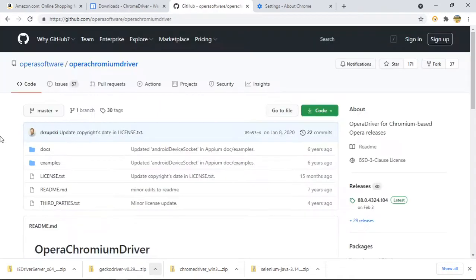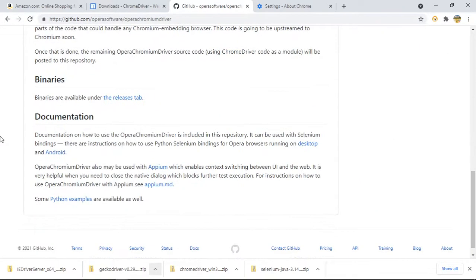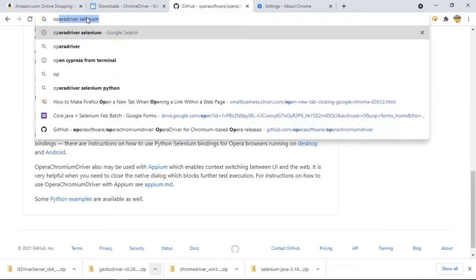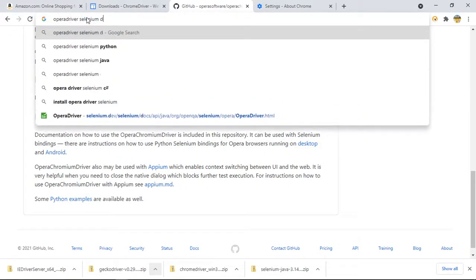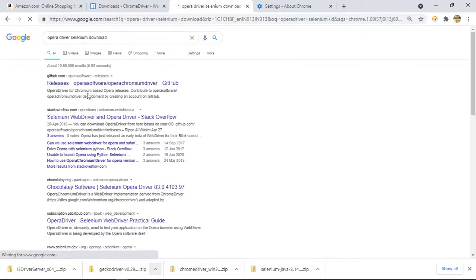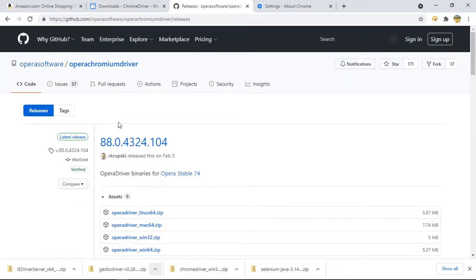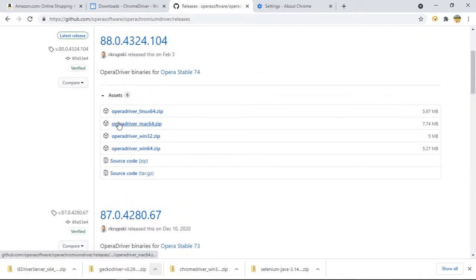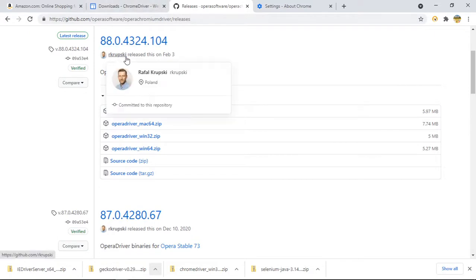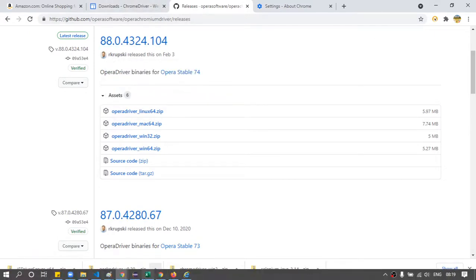I think here you can find. Let me write Opera Selenium down. So you can see there, from here you can download this Opera driver, and then you can use Opera driver class, right?